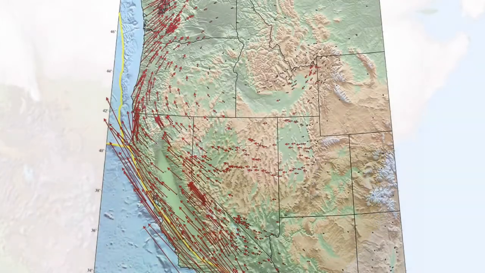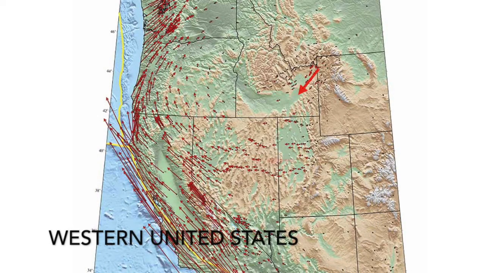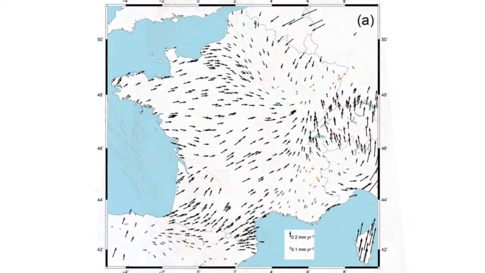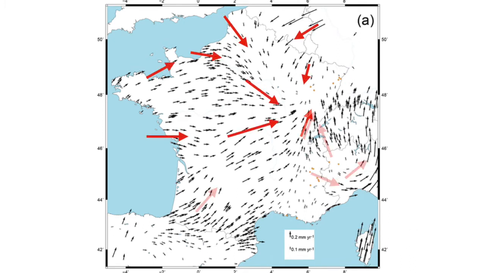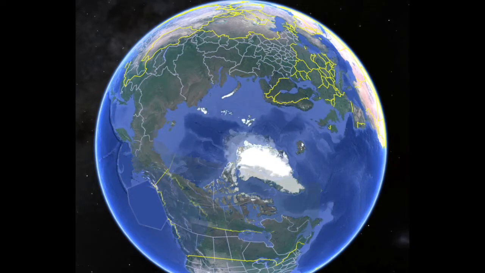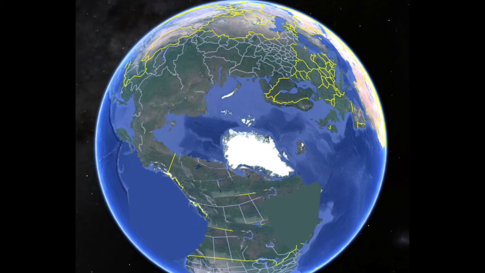In the northwest part of the United States, GPS technology shows us how crust material moves in every direction. As you can see, in the country of France the crust material movement is extremely fluid and complex. It is clear from GPS tracking of crust material that the tectonic plates do not move as a solid plate. The tectonic wave theory states that the primary force on tectonic material is new material produced at the ridges. The new material is constantly applying pressure on the crust material and shaping the continents.